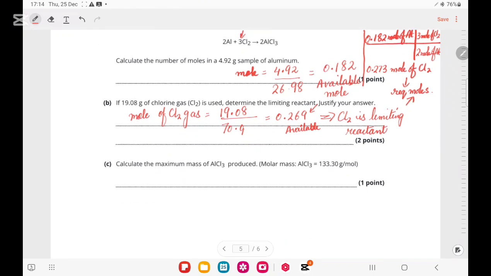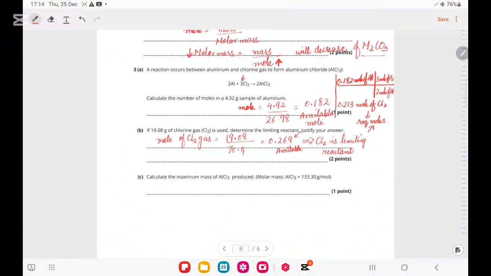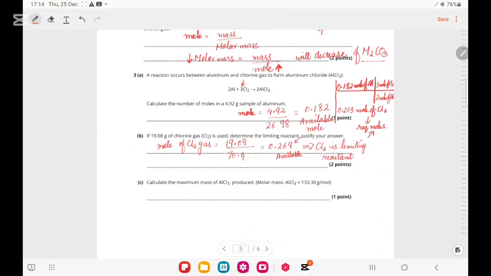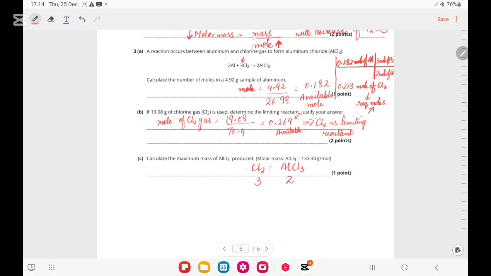And they want us to find the maximum mass of AlCl3, and we know we are going to use the limiting reactant for that purpose, because that controls the amount of product here. So now I'm going to use Cl2 here and AlCl3 there, because it's the limiting reactant. So 3 moles of Cl2 react to produce 2 moles of AlCl3. So if it is 0.273 and it is going to be X,